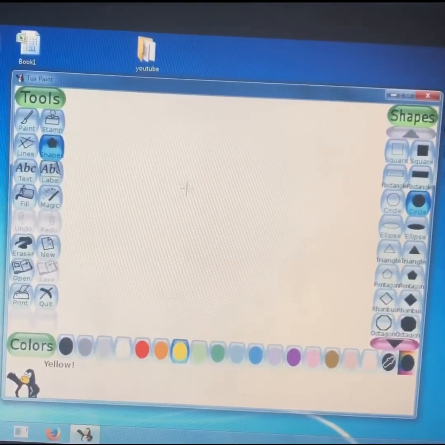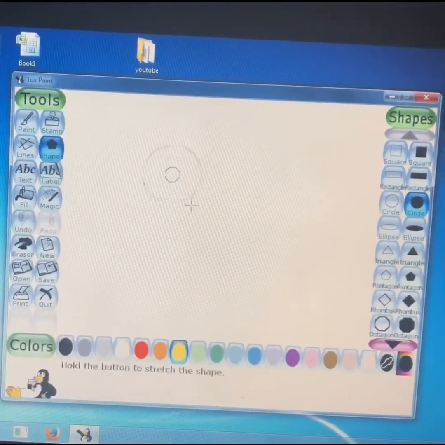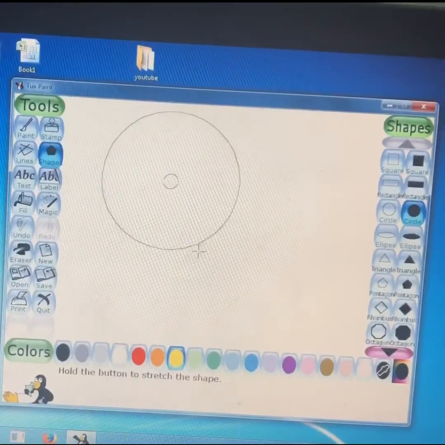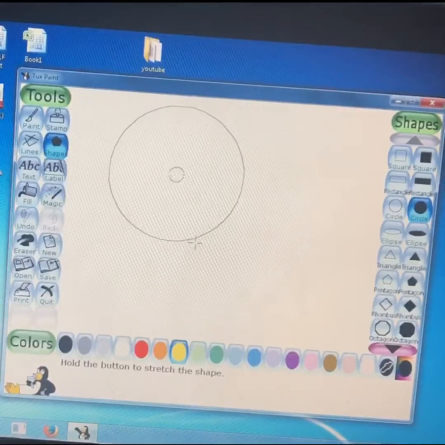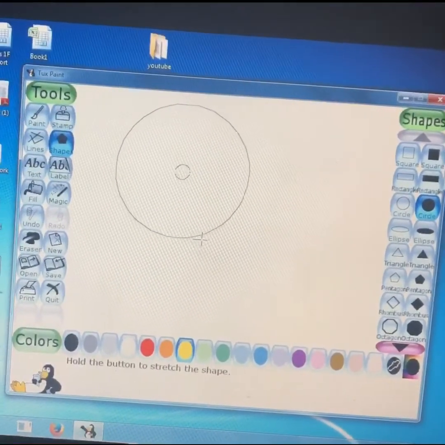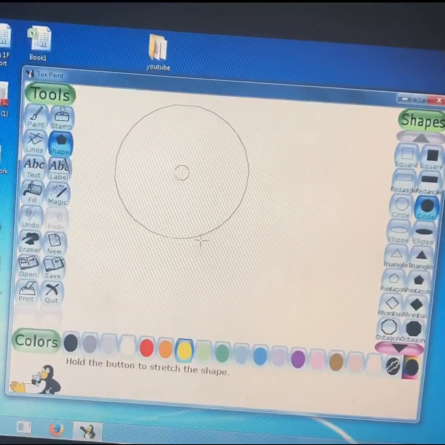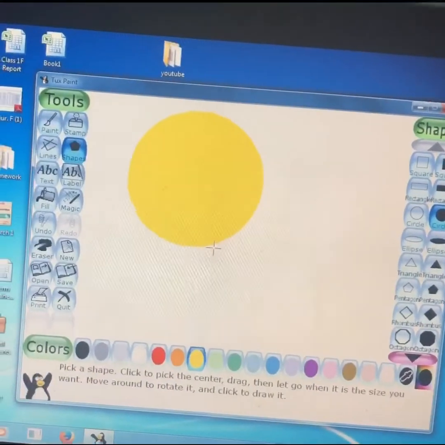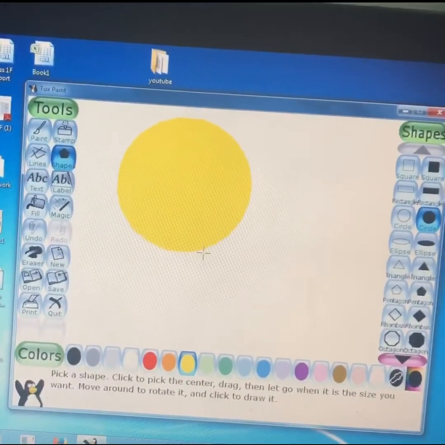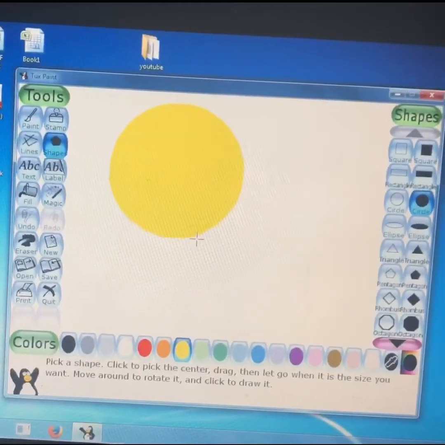Okay, so in the drawing canvas, I'm drawing the circle. You can increase or decrease the size. So now I'm releasing the icon now. See, we have made a circle now.